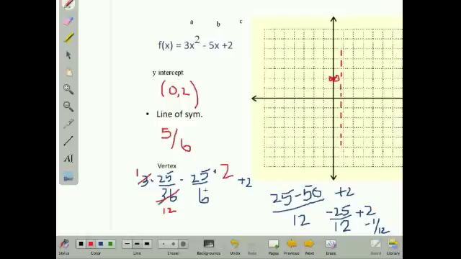And so what you see is 25 minus 50 over my new common denominator, which is 12, plus 2. 25 minus 50 simplifies to negative 25 over 12. Now 12 goes into 25 twice, so it's actually 2 and 1/12 plus 2. Remember, this is a negative, so negative 2 and 1/12 plus 2 gets me a negative 1/12. So my line of symmetry, excuse me, my vertex, is going to be down here, very low,